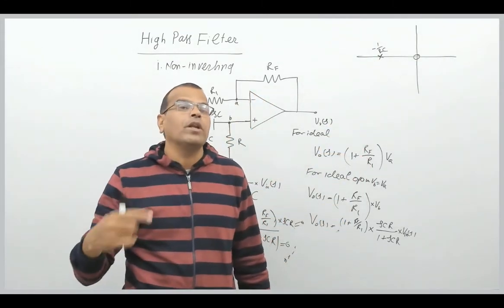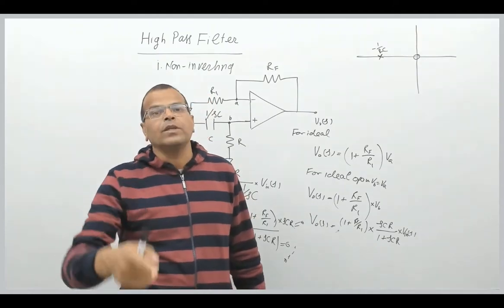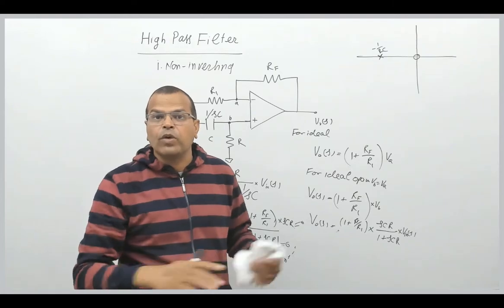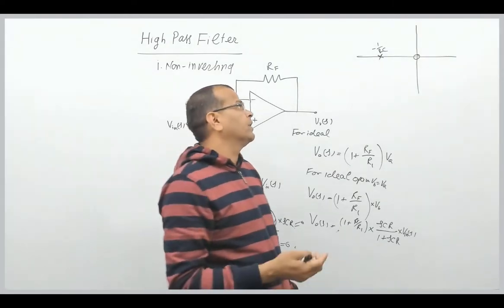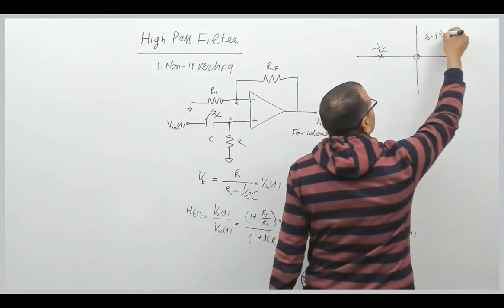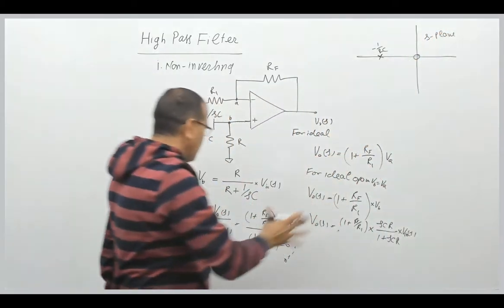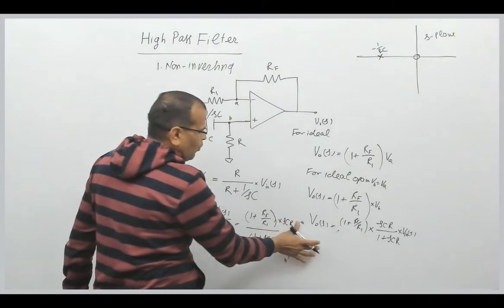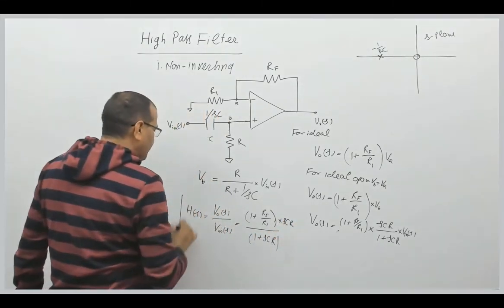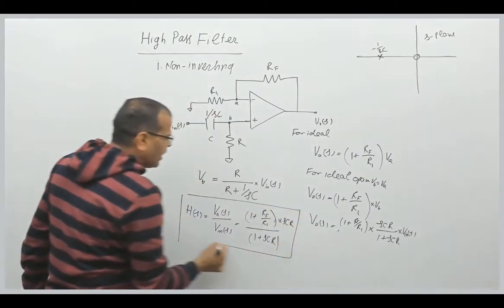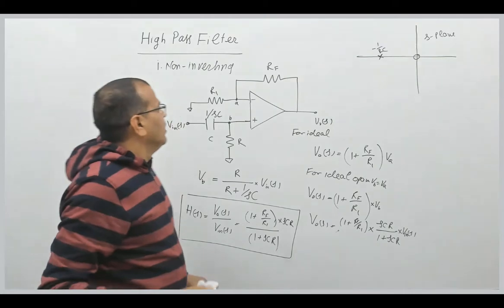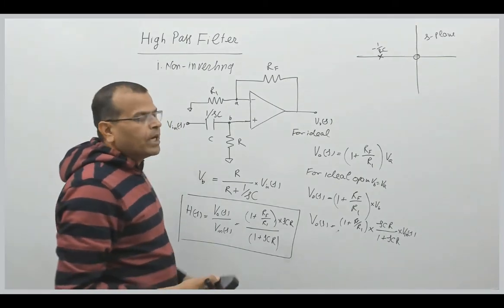And if you remember the low pass filter, it has one pole that was located on the negative real axis, but there were no zeros in case of the low pass filter. So this is the pole zero diagram for this transfer function, which is nothing but the transfer function of the high pass filter, right? You can analyze this circuit in the S domain as well, not S domain, that is J omega domain as well.